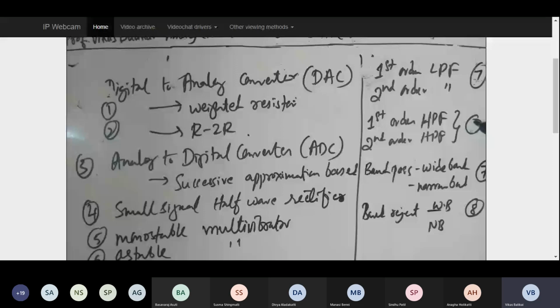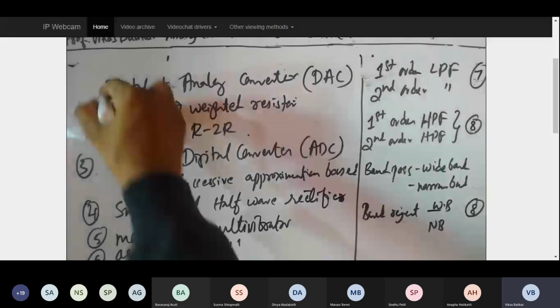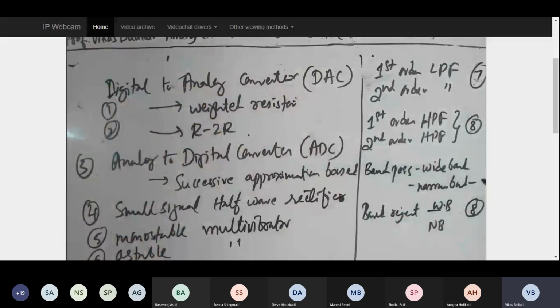When band pass comes, wide band and narrow band, because narrow band doesn't have any derivation, but a lot of things have to be remembered over there. So I'll call this concept number 10. And wide band pass filter, which has the combination of low pass as well as high pass, I'll be calling this concept number 9. And finally, with respect to band reject filter, now we are not supposed to remember any derivation. We are just to remember certain concepts and put together wide band and narrow band. I call it the 11th concept.